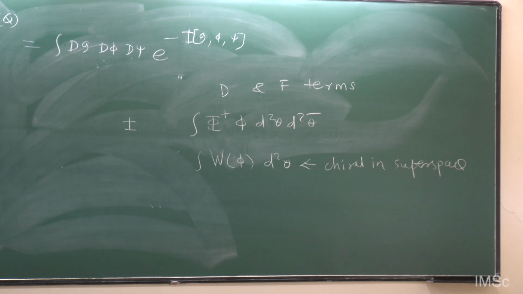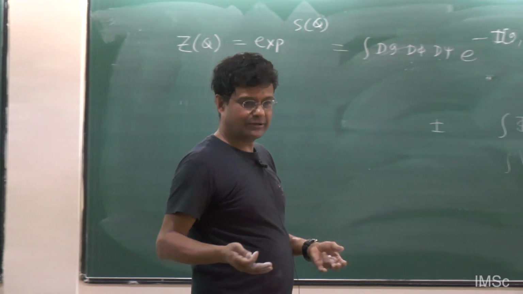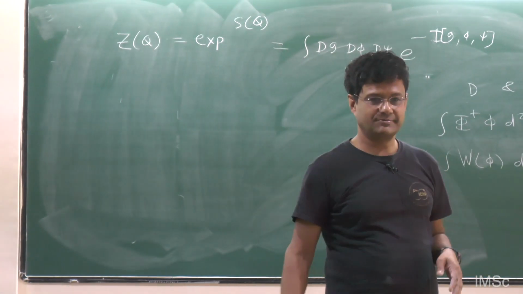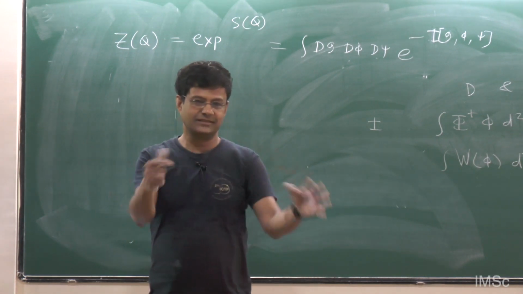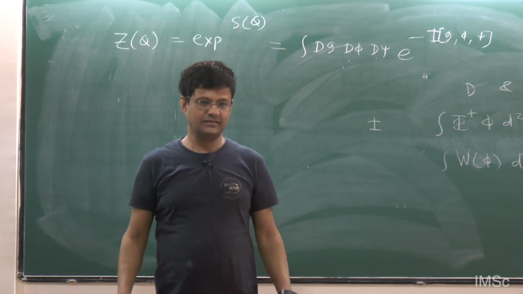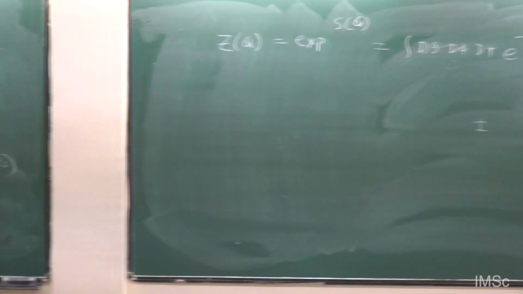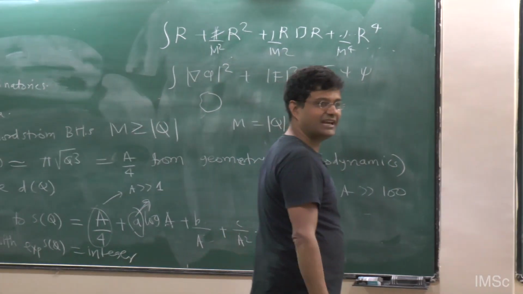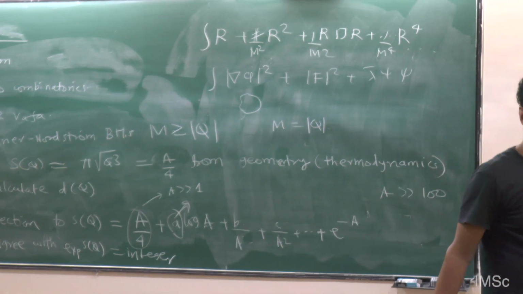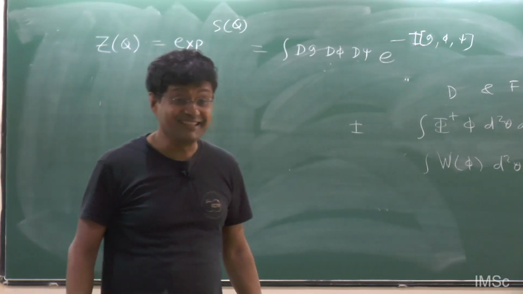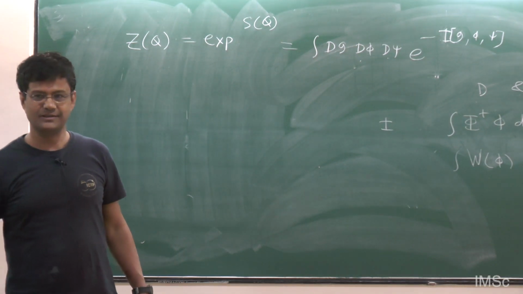In the large charge limit, the A is really the area of the horizon. But for small area, you do not have a simple interpretation of the entropy. You can always be in the limit where, say, the area is of the order of 100, not infinity, but finite and large. Is there enough mathematical handle to show that it's an integer? Yes, that's where the modular forms come in, and that's where Ramanujan's work comes into the picture.